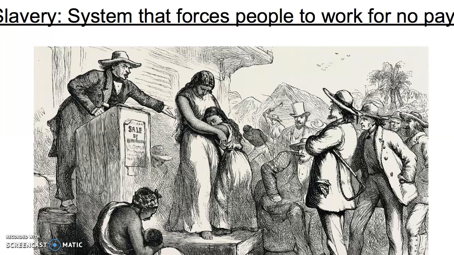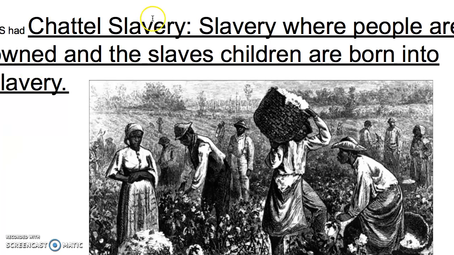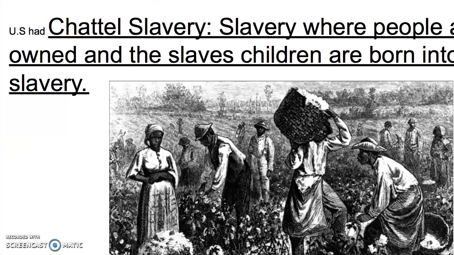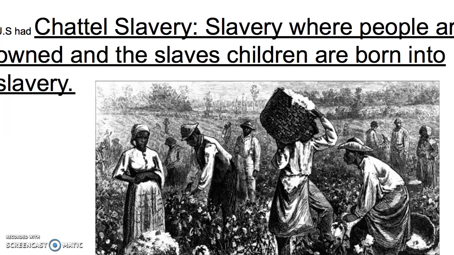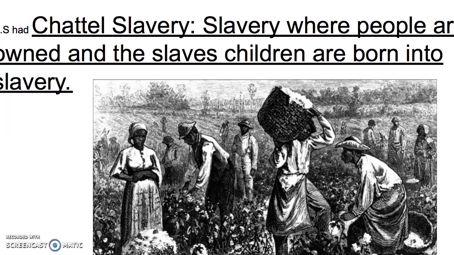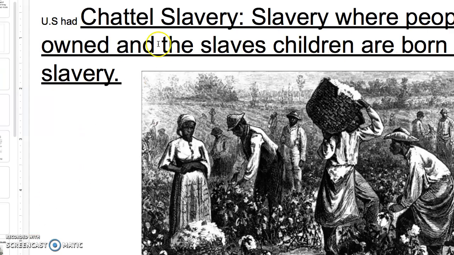And sometimes, when we start making arguments about slavery, which we're going to do, people say, well, they weren't paid very much. No, no, no. They were treated like property and they weren't paid at all. They're being forced to work. And in the United States, we have a particular slavery system called chattel slavery, which is people are born into this system. So our system was based on race, specifically African Americans. And if a slave had a child, then that child automatically became a slave themselves.